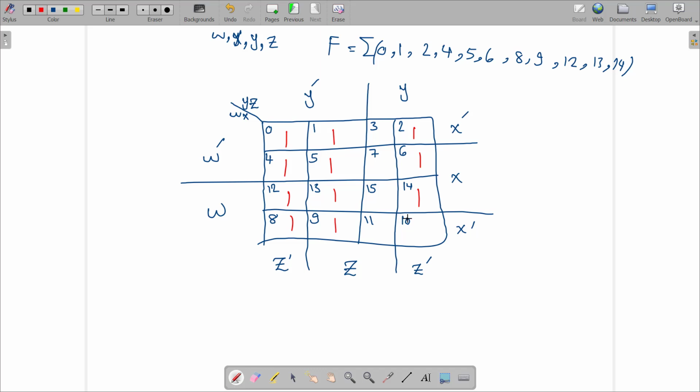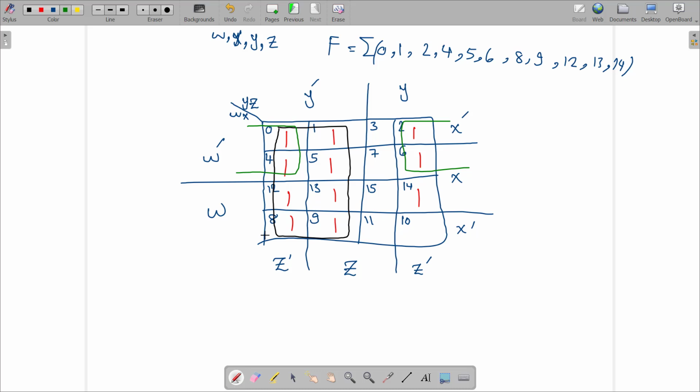Okay, now I have to make a group. So do I have 16 ones? No. Do I have 8 ones? Yes, look here. I have 8 ones. Because these ones are neighbors together, I have to make these 8 ones as one group. Now, what is another possible maximum neighboring squares? If you look here, we can select these 4 ones as one group again.